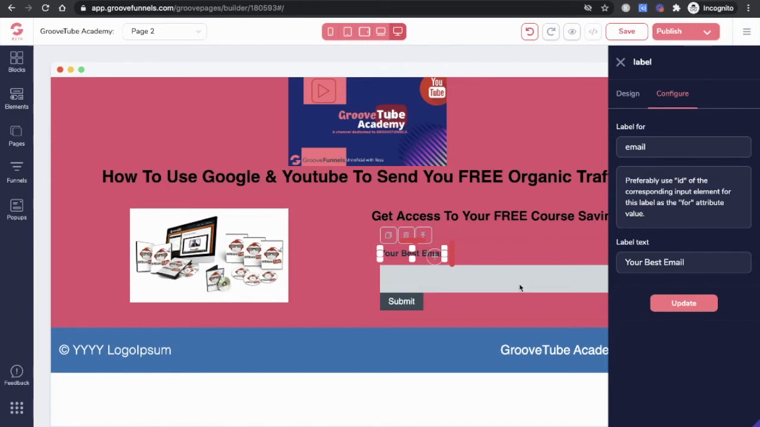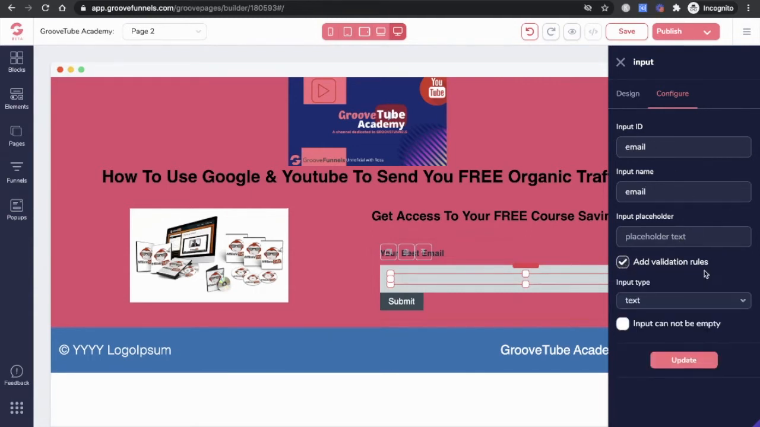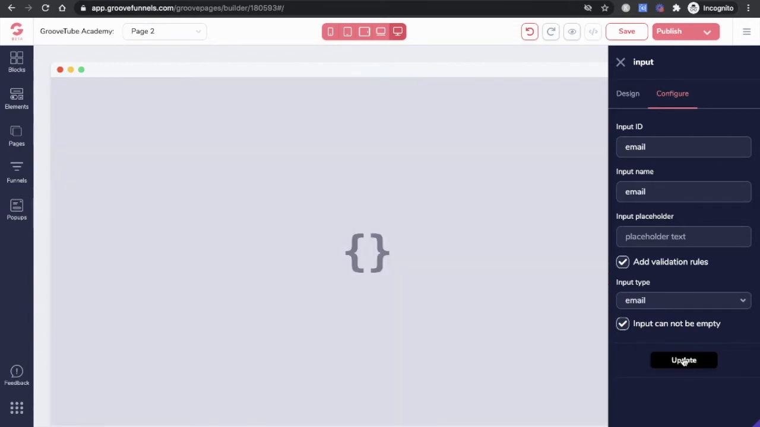And then we do the same for the input ID, so which will be this one, so that's input, and we want to put email, and for this one we can just leave this one blank. We'll add validation rules, so we don't want this one to be blank and we want someone to input. So if you don't put this in, they could hit the submit button and then get directed to the next page. So we'll say that this can't be empty because we do want to collect these emails as we go along. So we'll update that,